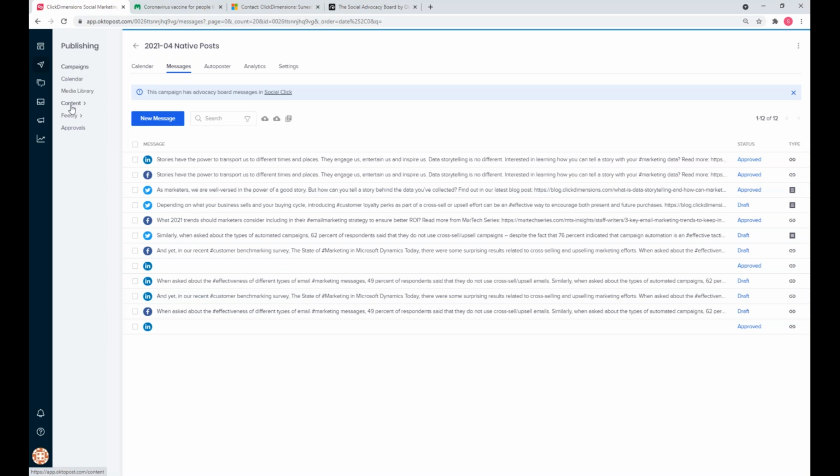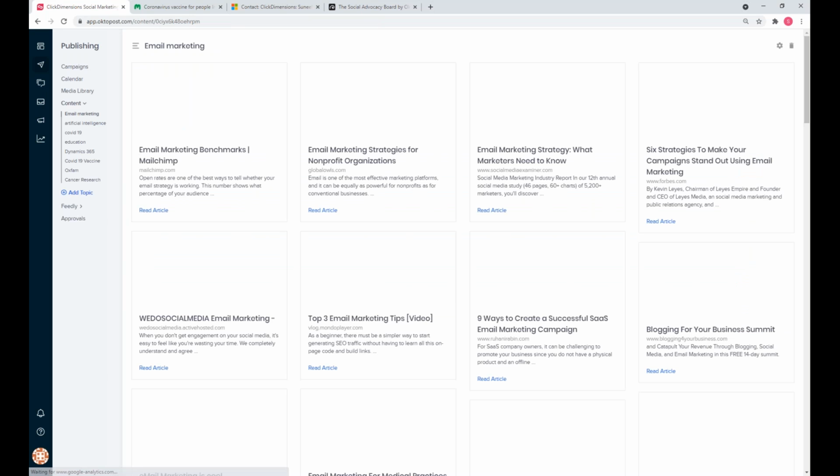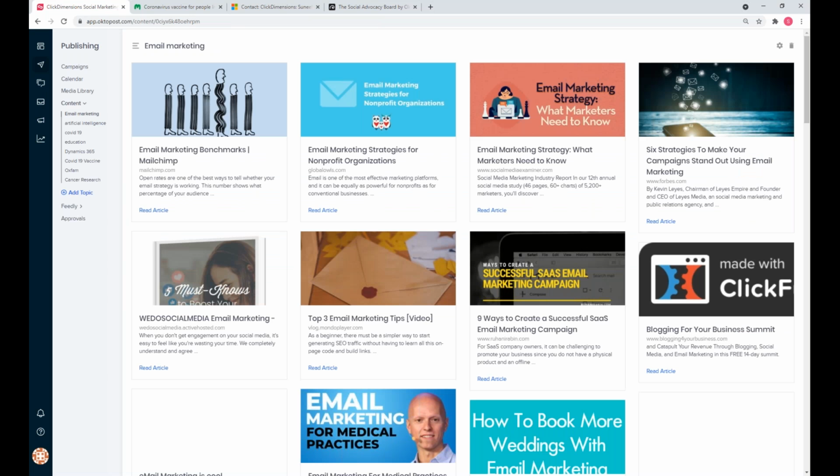Now, what I also wanted to show you was ways in which we can search for viral content as well. So we have this content curation capability, which is fantastic. And this is getting into social listening to an extent. But this is actually surfacing Google, guys. And this is quite unique as well. It works off of keywords. So you can see I've got some examples: email marketing, artificial intelligence, Dynamics 365, maybe not so interesting.